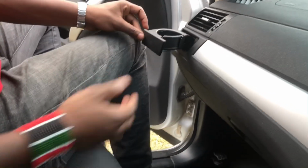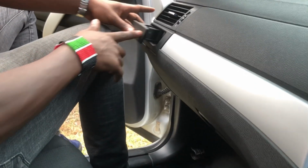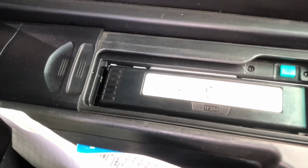On this other side we have the glove box here, not big enough but quite sizable for a few of your items, and then the vents, and then a cup holder just here, typical German sophisticating something as simple as cup holder. The traditional cup holder was found here in the middle, traditional mechanical handbrake, and then some more cubby storage here. The CD changer was put here, so it eats a lot of your